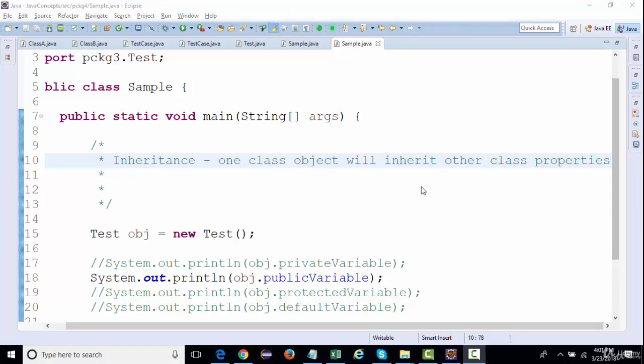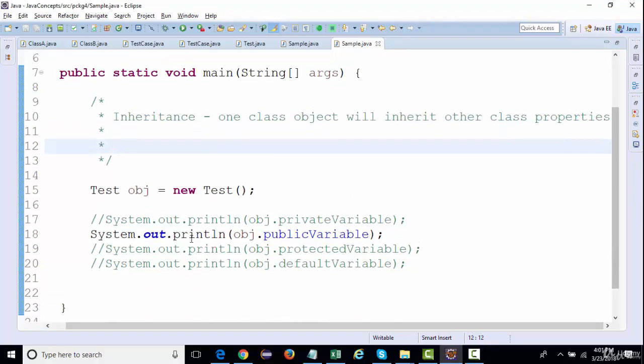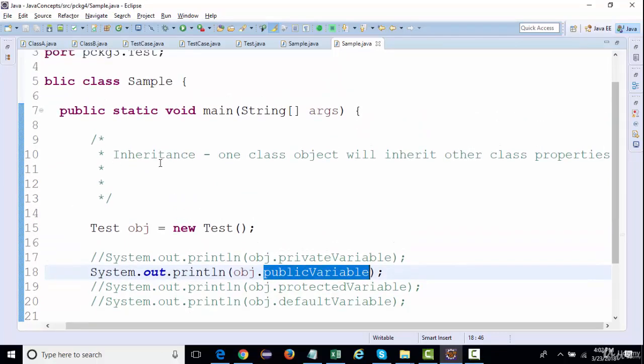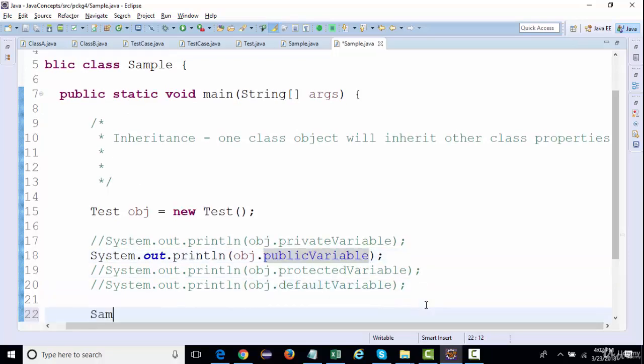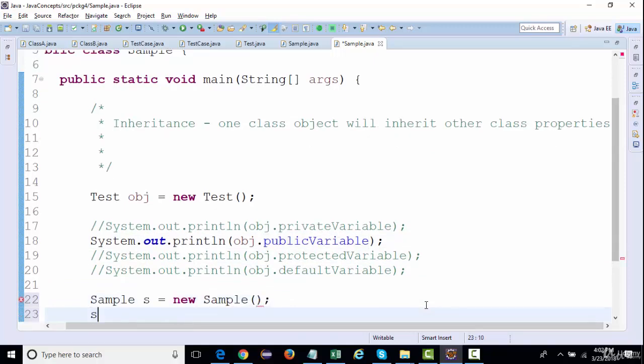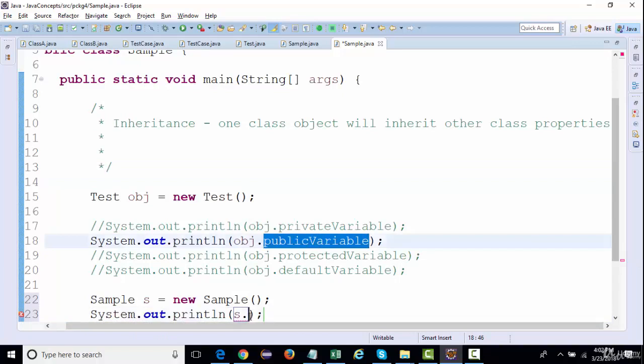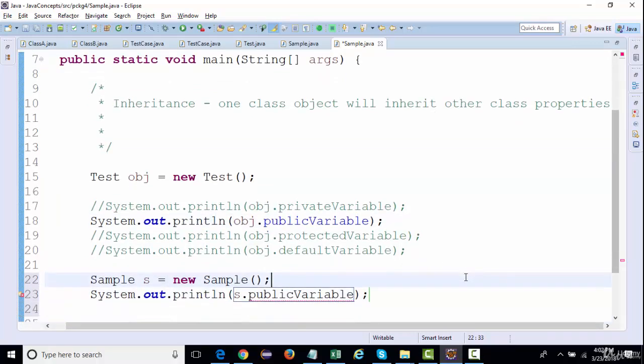Now, let's take an example. If I try to access this public variable of the Test class with the object of Sample class, will I be able to do that? As in, if I create an object of Sample, s is equal to new Sample, and if I try to print s dot public variable, right, I'll not be able to access it.